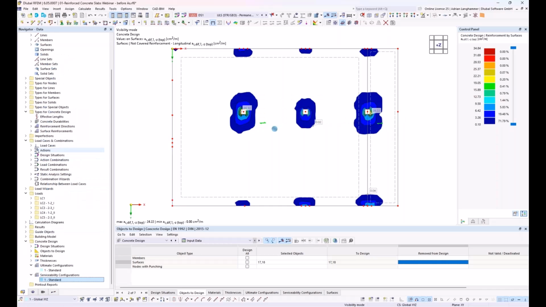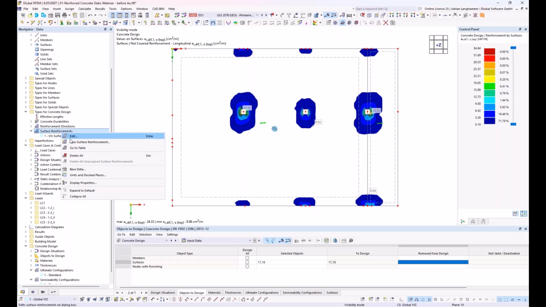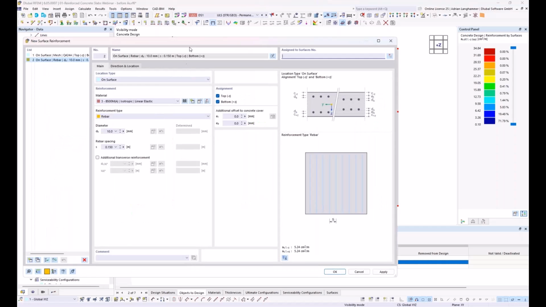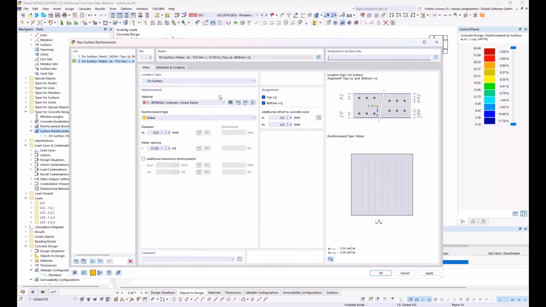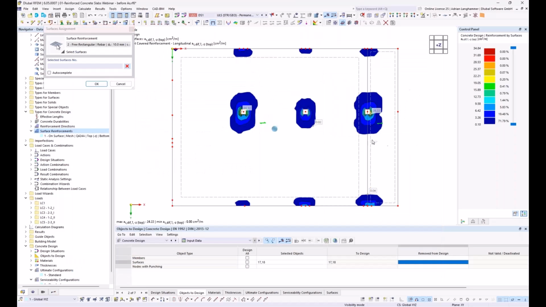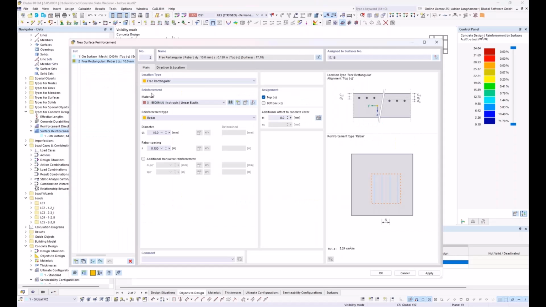And I have to go to the navigator, and here's surface reinforcement. There's also our already existing mesh basic reinforcement. I create a new surface reinforcement, and this time not for the whole surface. I would like to use a free rectangular reinforcement only at the top side, assigned to these two surfaces,